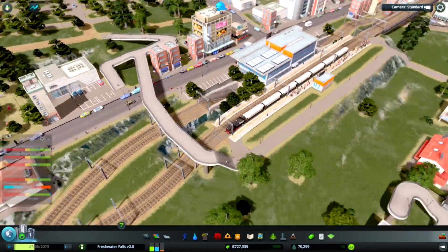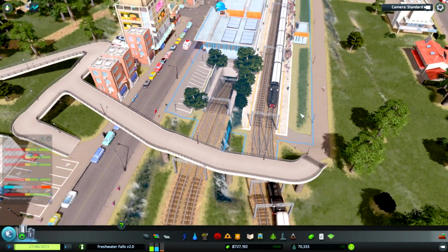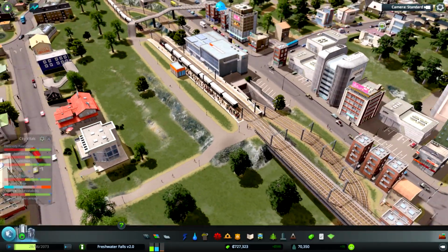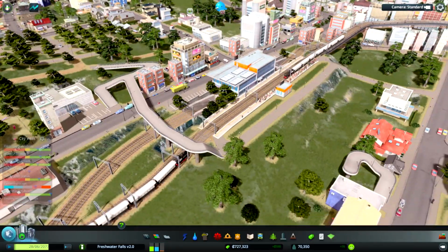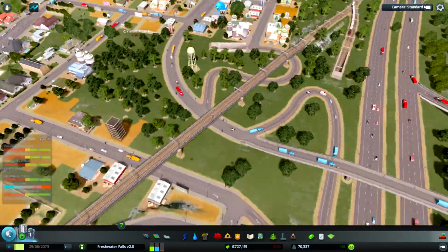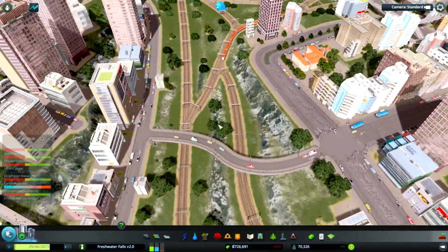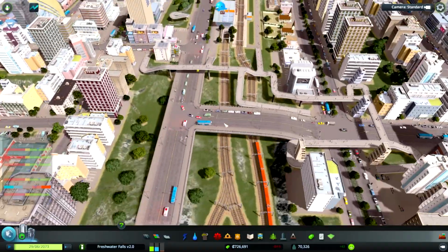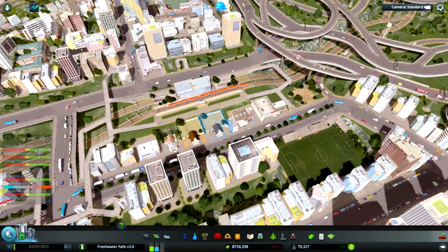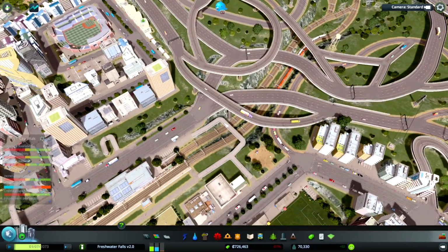I also found this really cool train station on the Steam Workshop that adds an underground route for trains that just want to bypass the station. So if they're not waiting to do a passenger pickup, they can just cut right through and reconnect and keep going. Almost every train station now has a couple of switchbacks and multiple lines to help the trains get through more efficiently. Along those same plans of getting traffic and trains moving more efficiently without backup, this entire area right here,